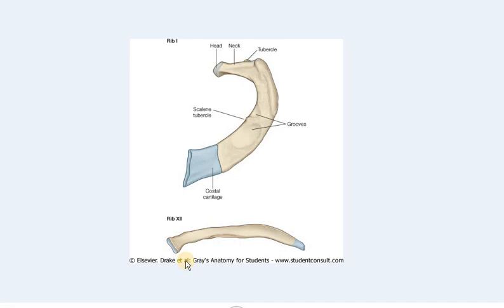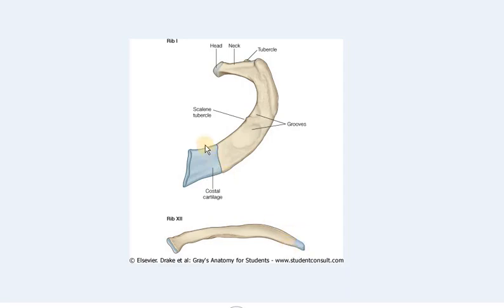Now in this diagram you can see the 12th rib. As I told earlier, the 11th and 12th ribs are floating ribs because the anterior end of these ribs does not articulate with the sternum, nor with the costal cartilage. The 11th and 12th ribs are comparatively short and they have pointed ends. You can see in this picture that the anterior end of the 11th or 12th rib is pointed,